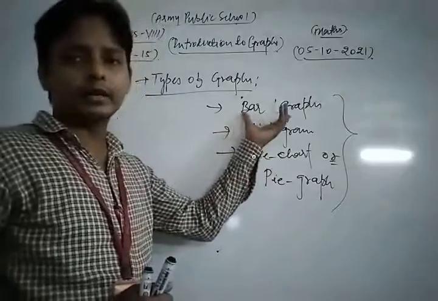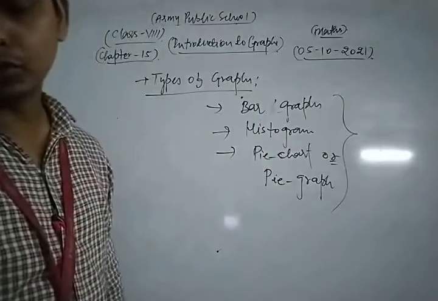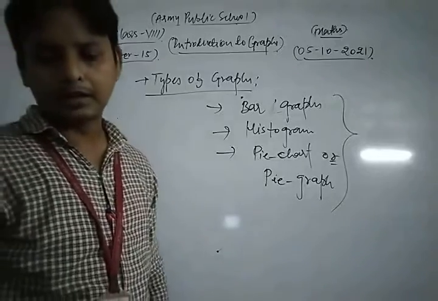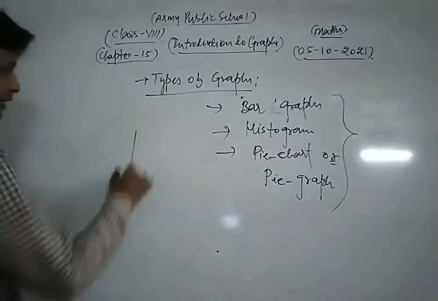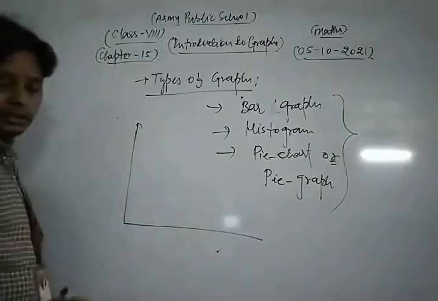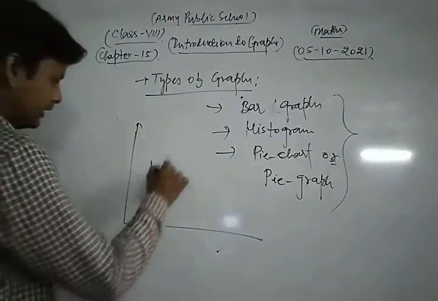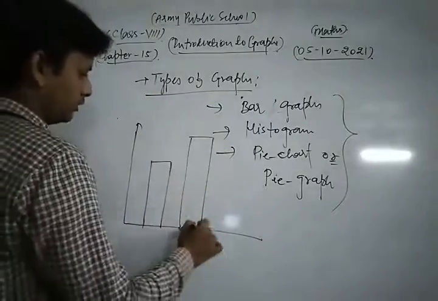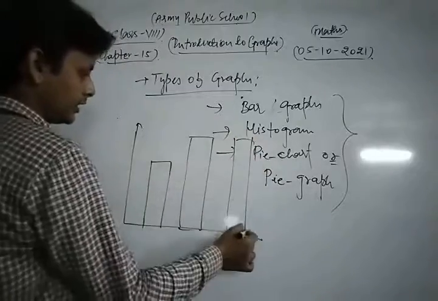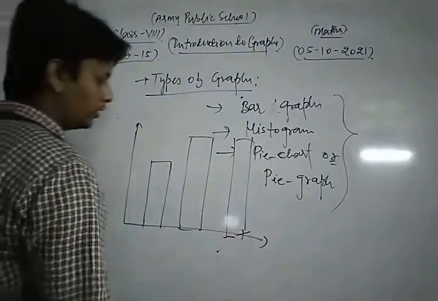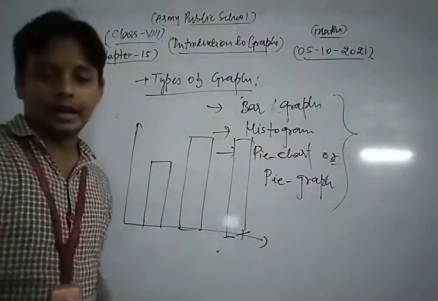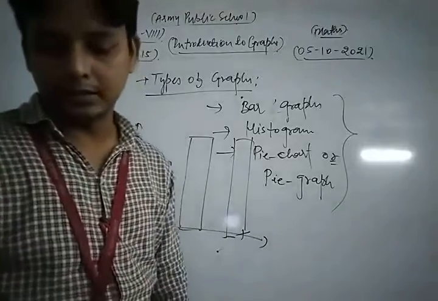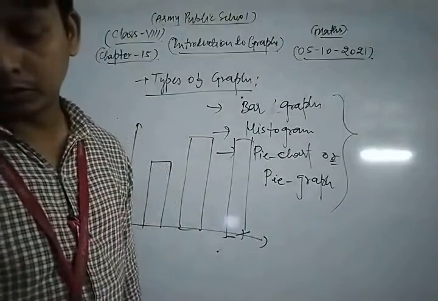The main use of a bar graph is to show the comparison among categories. It mainly consists of two or more parallel vertical bars, rectangles. In a bar graph we draw rectangular columns in this way. This is the construction, an example of a bar graph, which is used to show the comparison amongst categories.